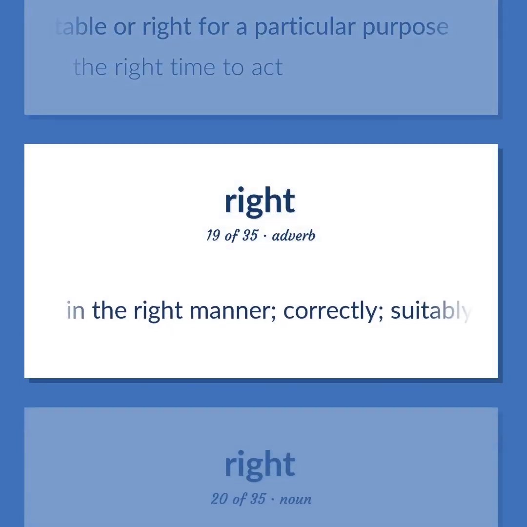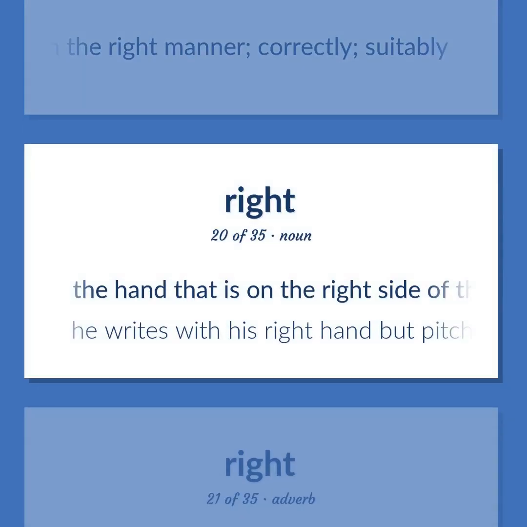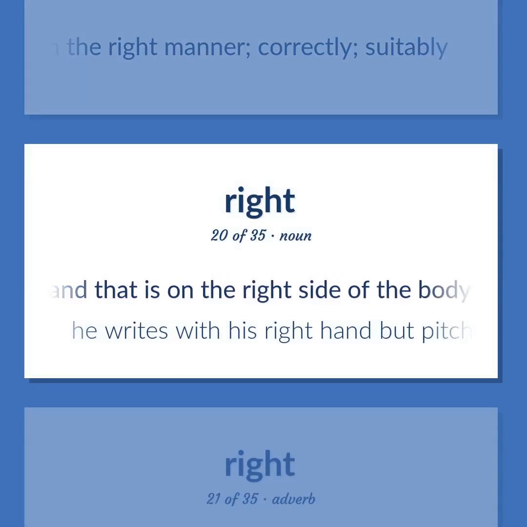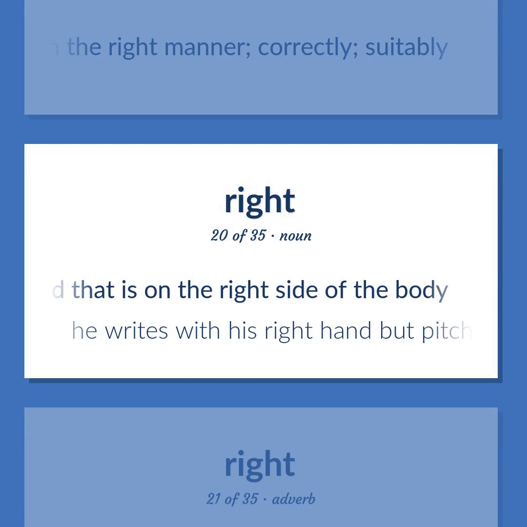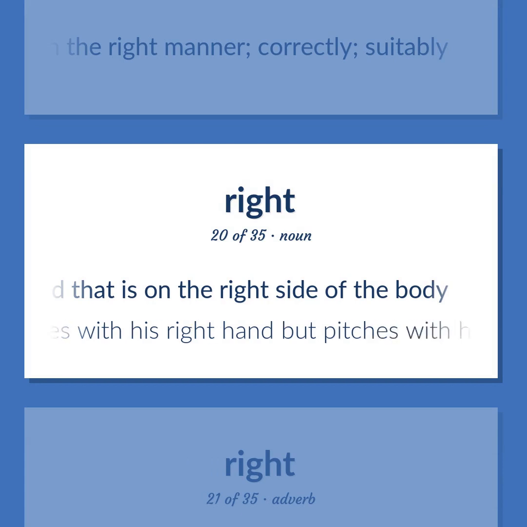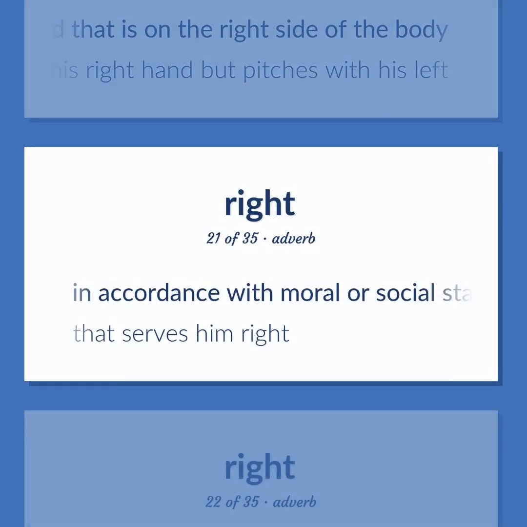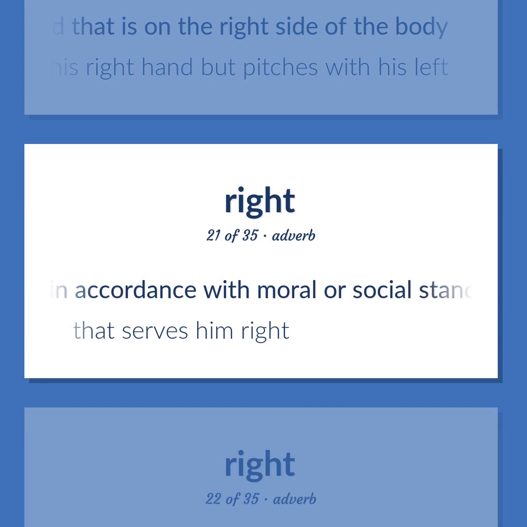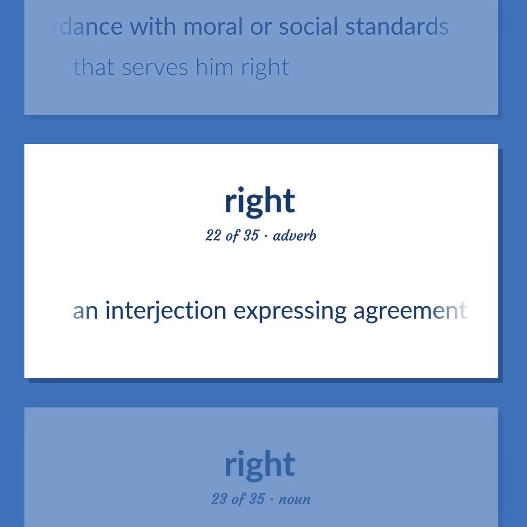In the right manner, correctly, suitably. The hand that is on the right side of the body. He writes with his right hand but pitches with his left. In accordance with moral or social standards. That serves him right. An interjection expressing agreement.